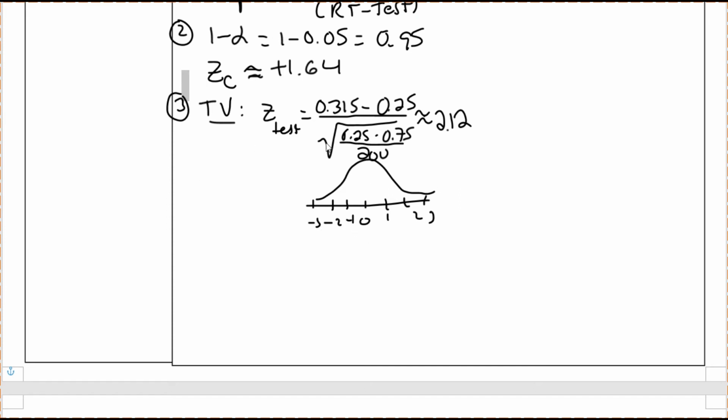In blue, we're going to do our test value, 2.12, and our critical value is 1.64. We're going to shade to the right, and it looks like we are in our rejection region, so therefore we are going to reject our null. So step 5, there is enough evidence